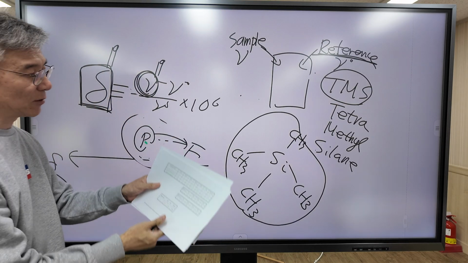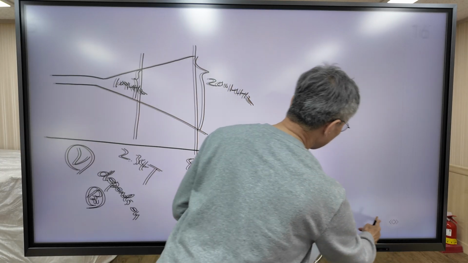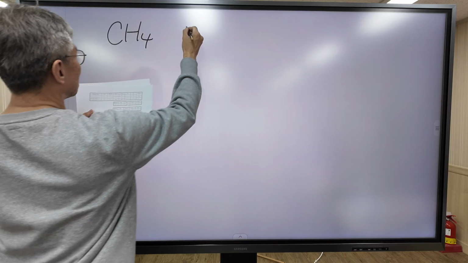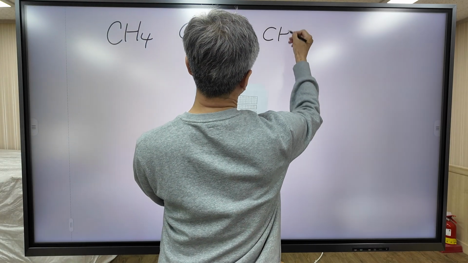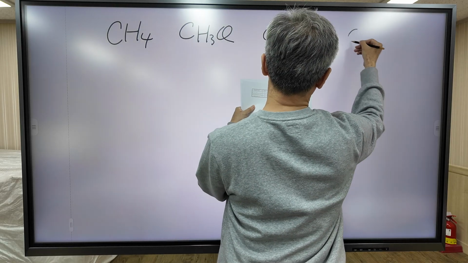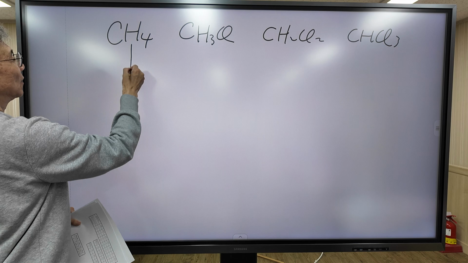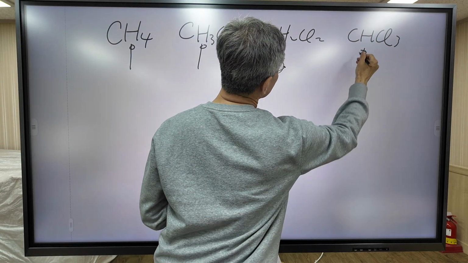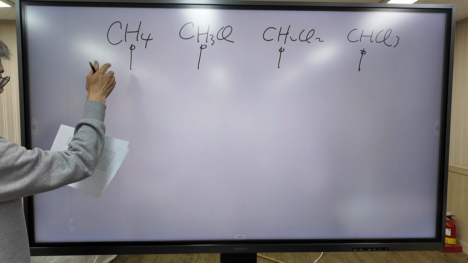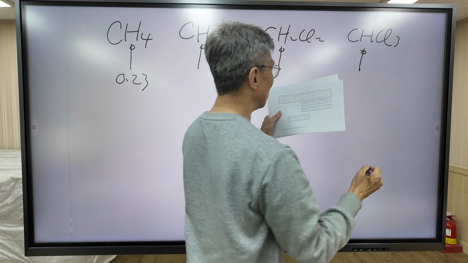According to the table, take a look at the second table. We measured the NMR spectrum for the proton in each molecule. Look at the series. The chemical shift of methane is 0.23,